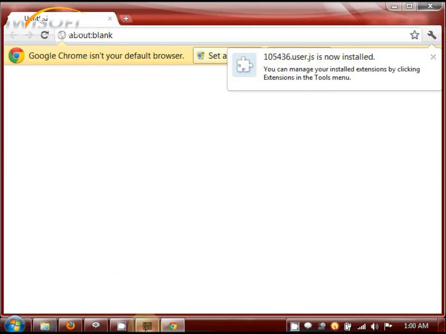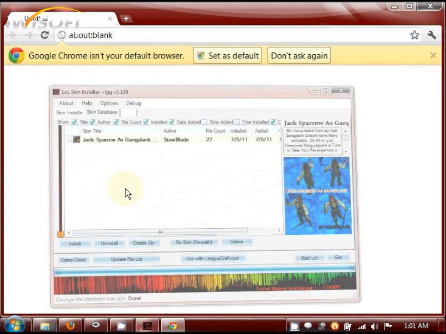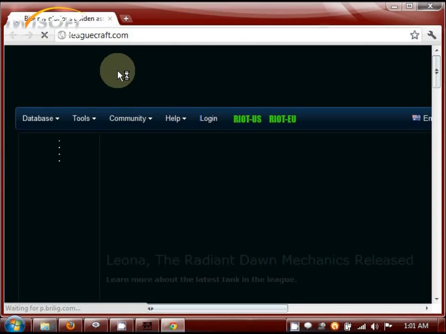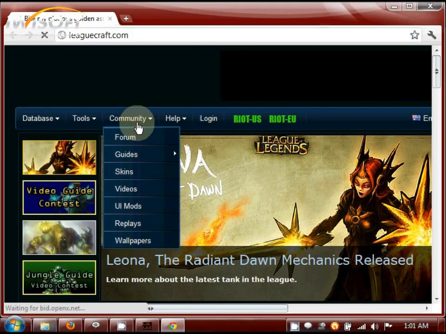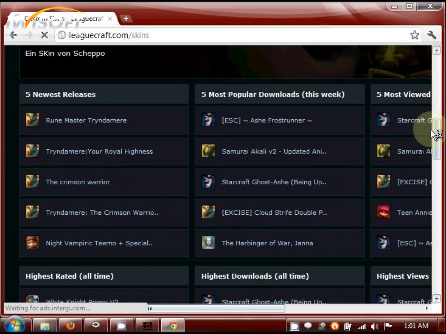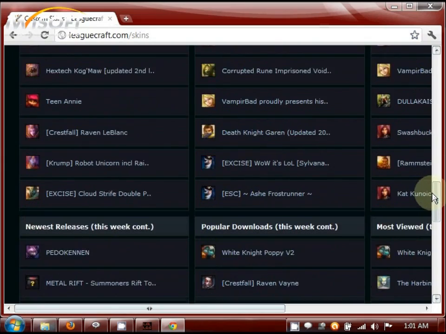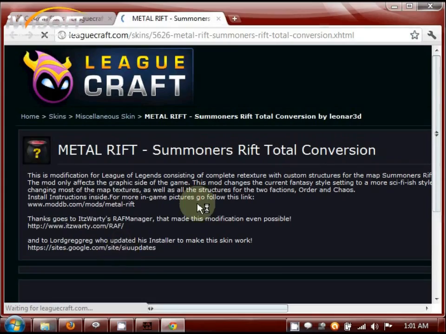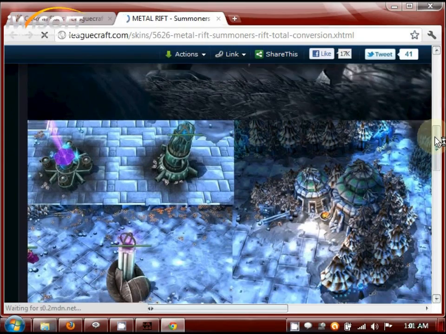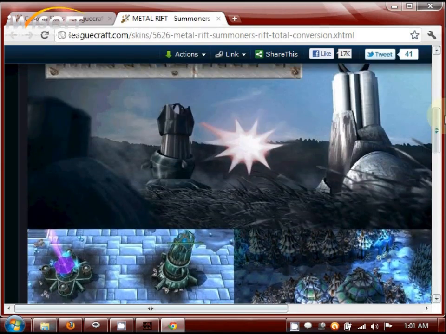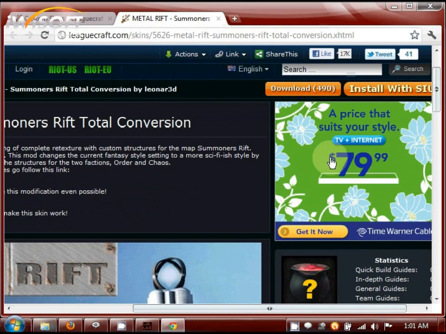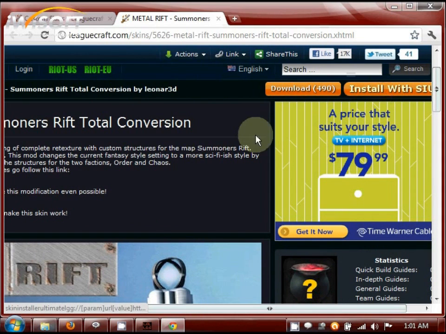And then we can go ahead and install a skin. So I'll just show you quickly, and check out all their skins. This will work for any skin on here, but I want to point out one of the newer ones that I like quite a lot, called Metal Roof right here. This changes the entire Summoner's Rift into a metal one. You can see the screenshots here, it's pretty impressive. So, we install it the same way, just now we're using Google Chrome. You hit the same button over here,